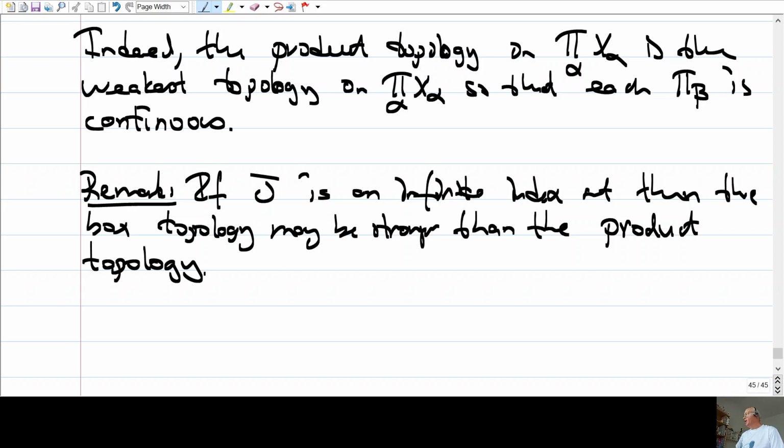If you take each X alpha to be the indiscrete topology, then the two topologies agree. But usually the box topology is stronger, because